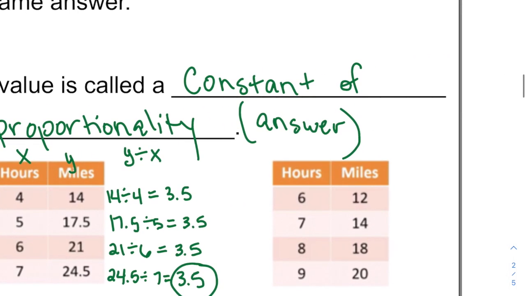Let's take a look at this next one. Again, this is my x column, my hours, and my miles is my y column. So I'm going to divide, and this one is a little bit easier. We can see these visually. 12 divided by 6 is pretty quick. That's 2. 14 divided by 7, well again, that's 2, so looking good. 18 divided by 8 is going to be about